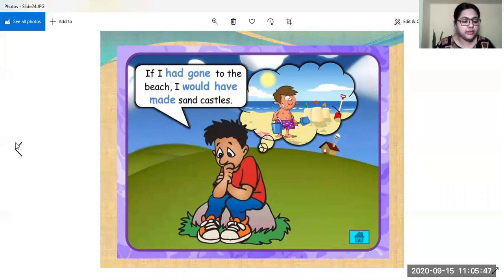Okay, and then in the second conditional we had a simple past in the if clause, and would or could or might, these were all present in the main clause. And in the third conditional we had past perfect in the if clause and would plus have plus past participle in the main clause. Okay,